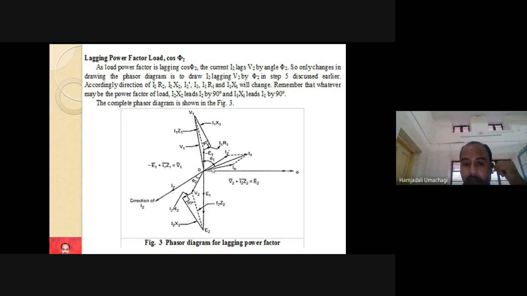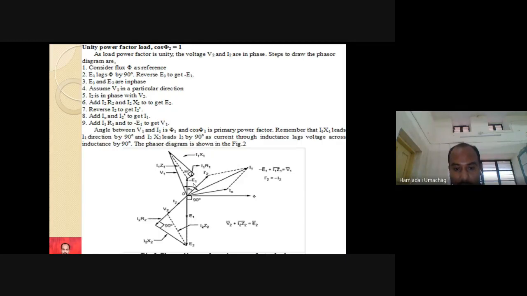And now you should also show the angle on the phasor diagram. The angle between phasor V1 and I1: this is my I1 and this is my V1. The angle between V1 and I1 is phi1. This is the primary side power factor angle. Are you getting it? The angle between V2 and I2 has to be shown as phi2. But in the earlier case, V2 and I2 were both in phase, so 0 there. But here also you have to show phi1. The angle between V1 and I1 is phi1. Is it clear, all of you?